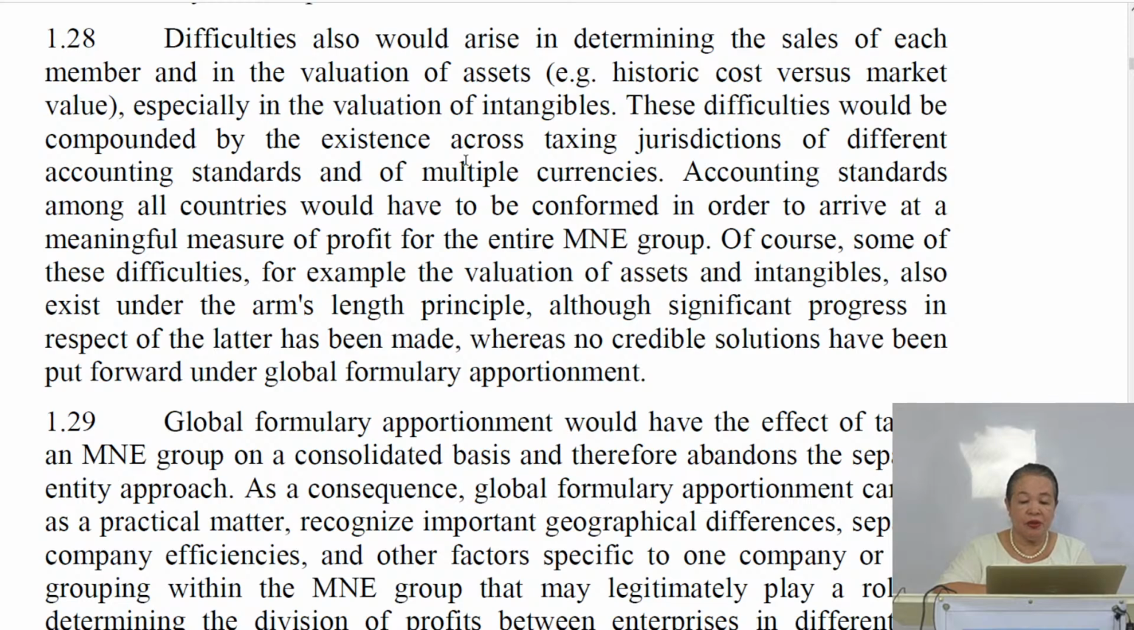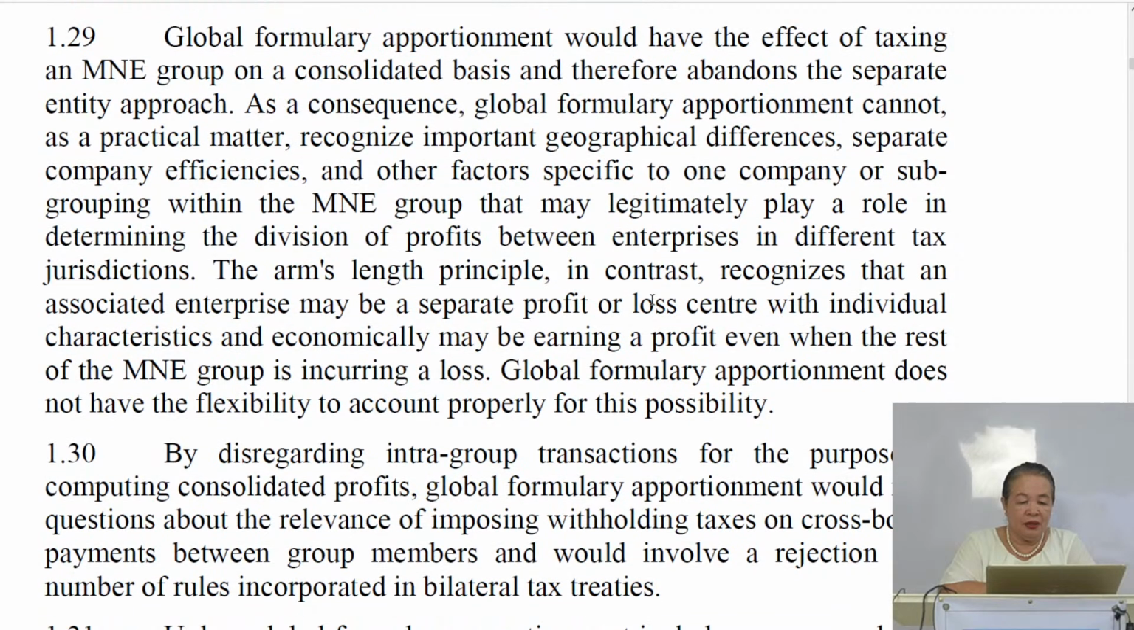Whereas no credible solutions have been put forward under global formulary apportionment, no? Sa arm's length, may mga solution na. Sa global formulary apportionment, wala, no? So, global formulary apportionment would have the effect of taxing an M&E group on a consolidated basis, no? Consolidated basis, not separate entity approach, and therefore abandons the separate entity approach, no? May iiwan na yung separate entity approach used by the arm's length or